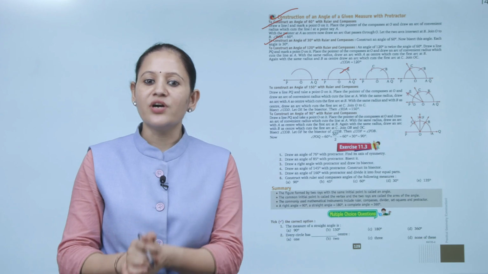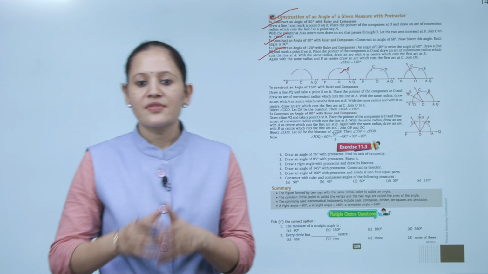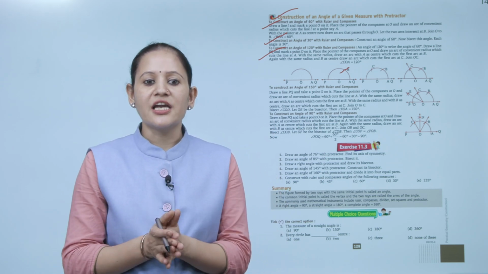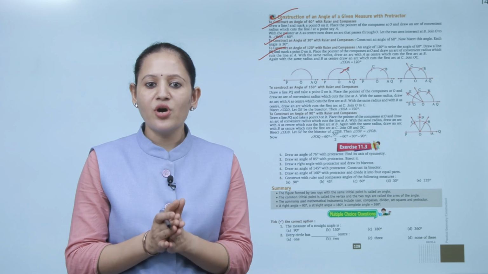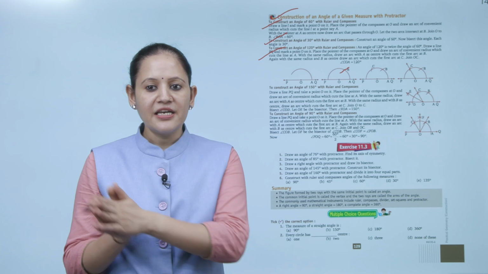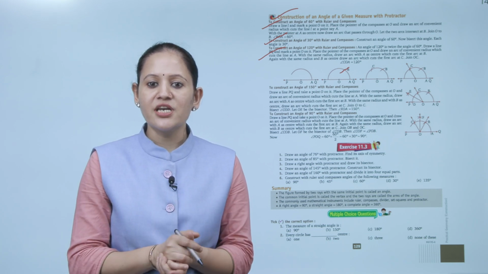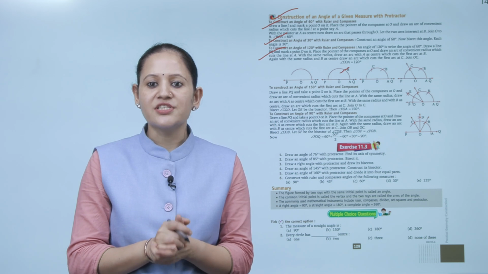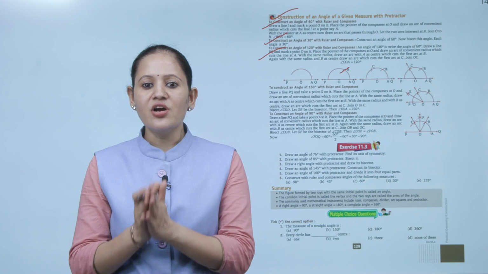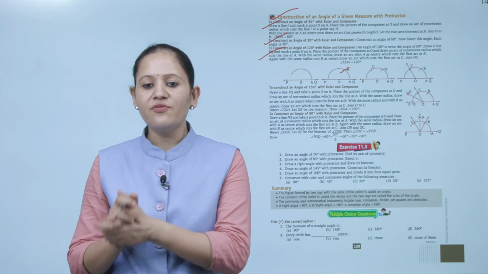Next, to construct an angle of 120 degree with the ruler and compass. An angle of 120 degree is twice the angle of 60 degree. So draw a line PQ and mark a point O on it. Place the pointer of the compass at O and draw an arc of the convenient radius which cuts the line at A. With the same radius, draw an arc with A as a center which cuts the first arc at B. Again the same radius, B as a center, draw an arc which cuts the first arc at C. Join OC, that COA is 120 degree.